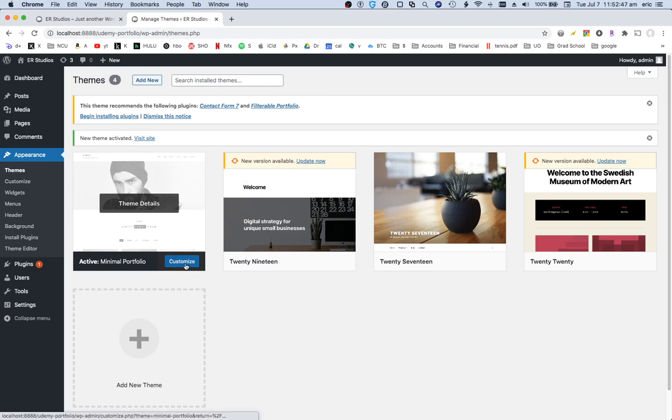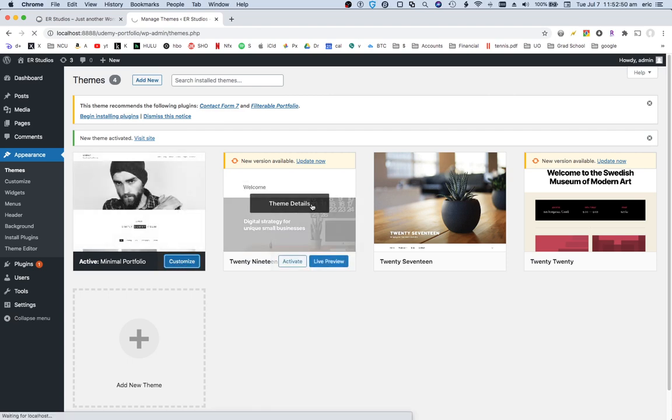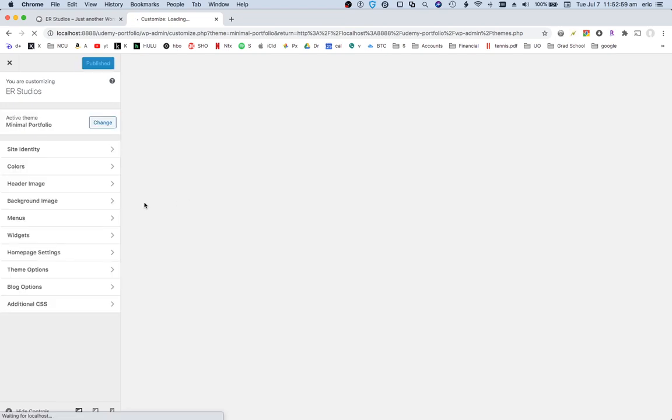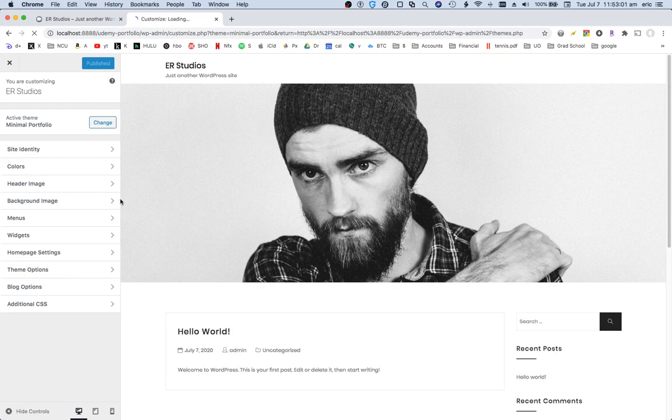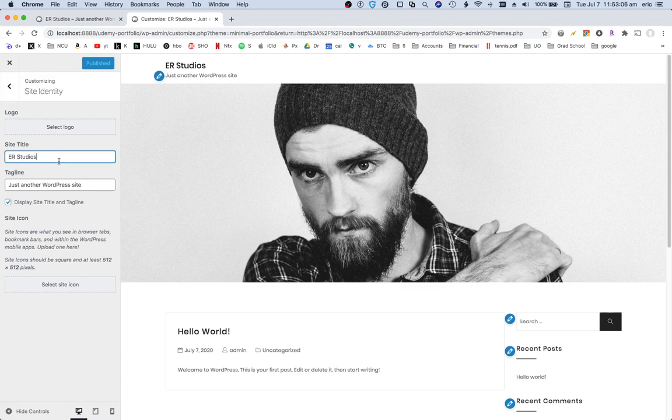So right here, you can press the customize button. It'll take us to a page specific for this theme, the minimal portfolio theme. And so first, I'm going to go through these. Site identity, the name of my site, the name of my fictitious company for this class is ER Studios, which is great. My tagline, I definitely don't want just another WordPress site. My tagline is going to be